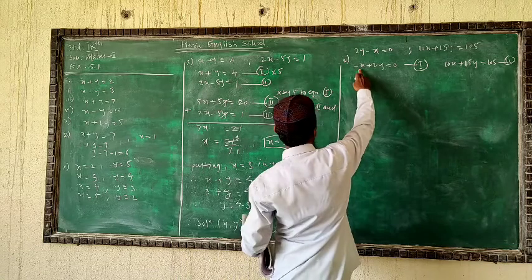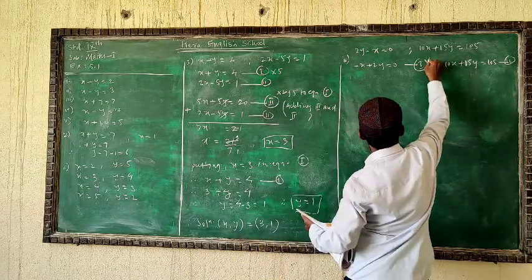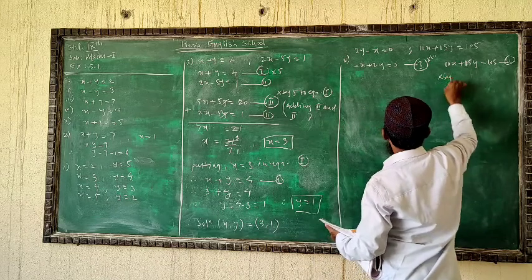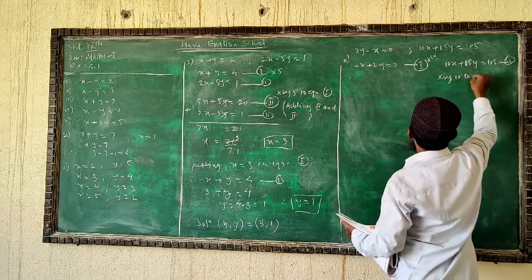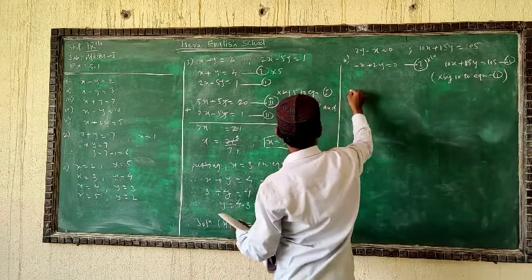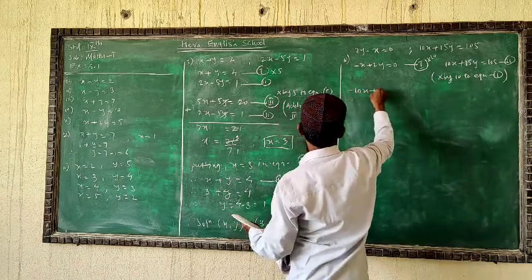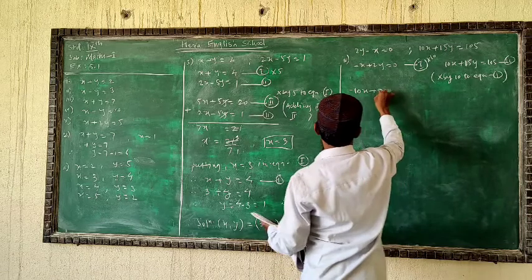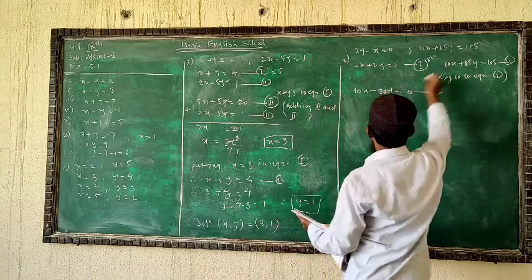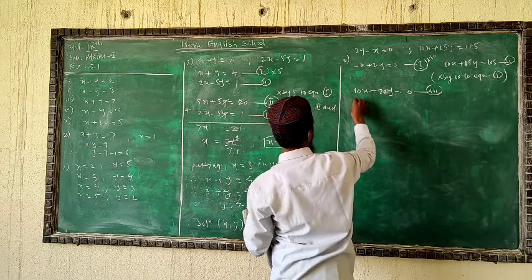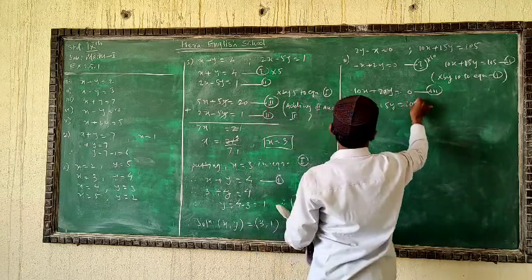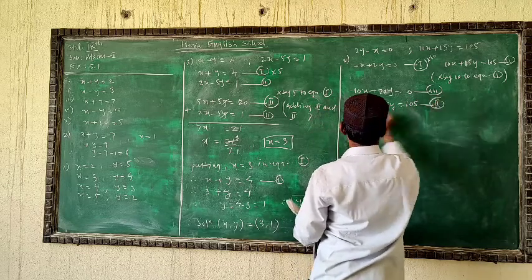So we'll arrange both the equations. See here we have minus 1x and 10x, so we'll multiply equation 1 by 10. We'll write the statement: multiplied by 10 to equation 1. Now multiply, you will get minus 10x plus 20y equal to 0, the third equation. Bring down the second equation, 10x plus 15y is equal to 105.